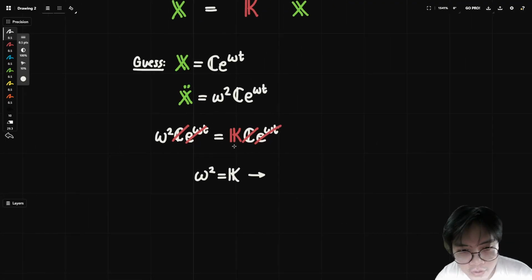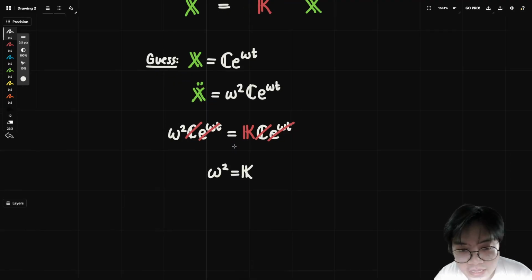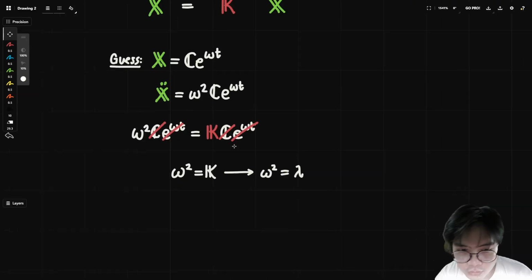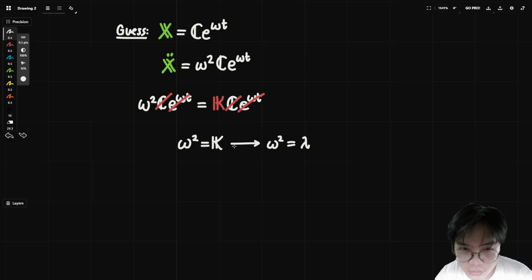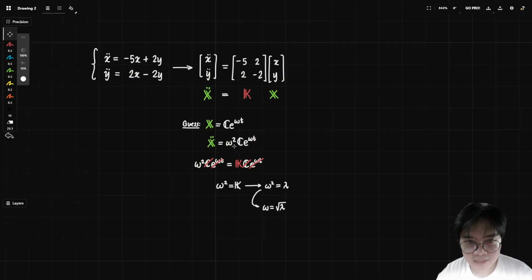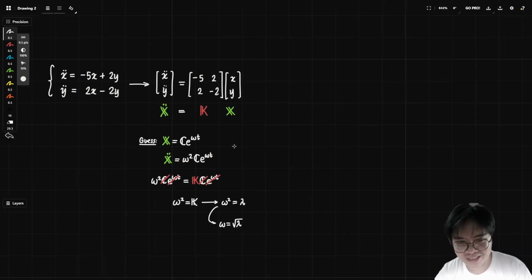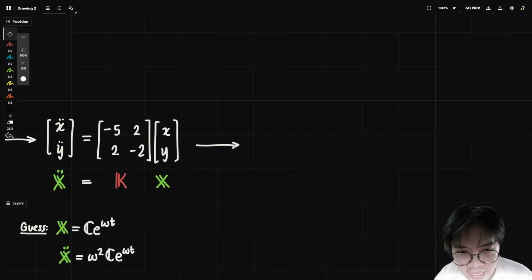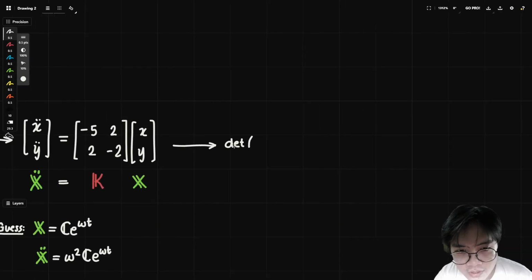And so now if we can turn our matrix into just a number, it would be the eigenvalue. So in this case, the eigenvalue of this matrix, you're going to have to square root that for that to become the coefficient, or rather the root of your answer. Okay? So that's something we have to keep in mind, and therefore we can proceed with what we're supposed to do. We need to find the eigenvalues of K, so we can immediately go to the determinant of the matrix K